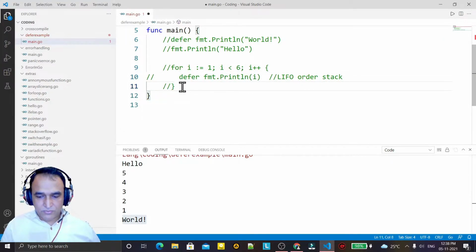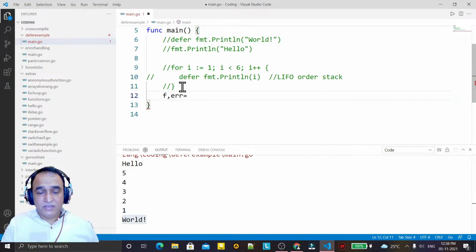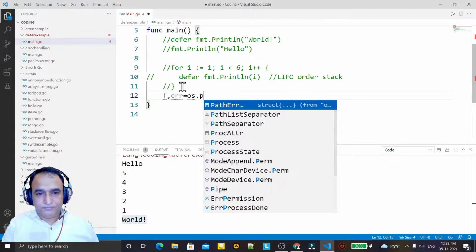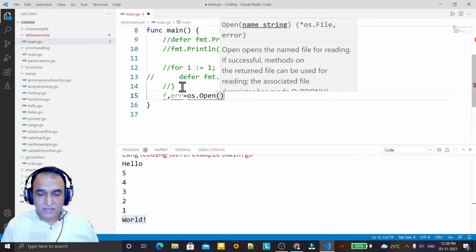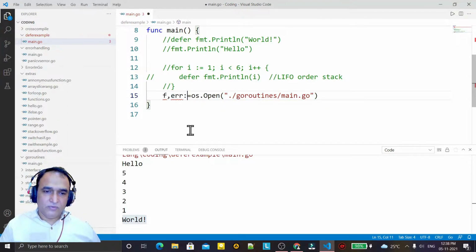Suppose I want to open a file and I say os.Open, and here I give the path name that is in my Go folder, that is main.go. This is the file that I want to open, and remember that for file opening we use the os package.